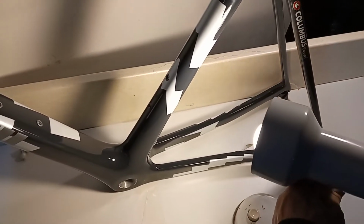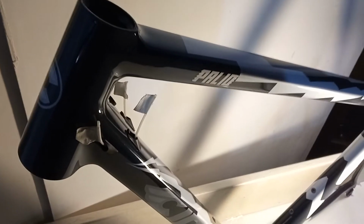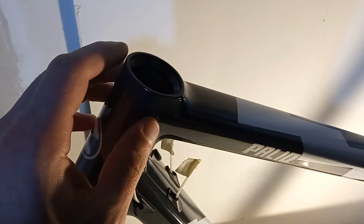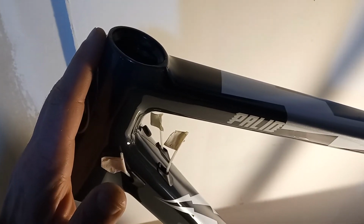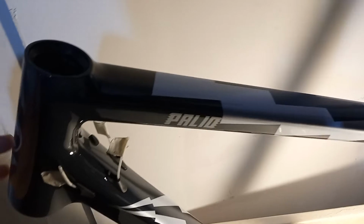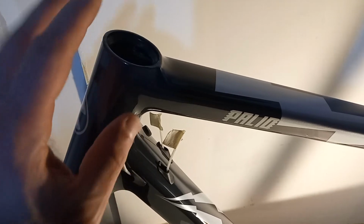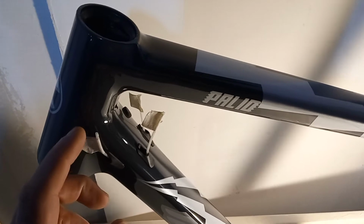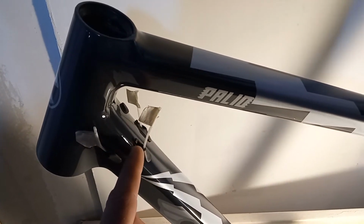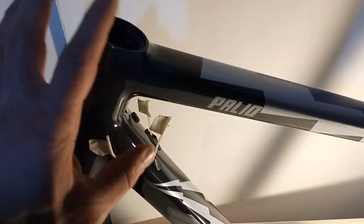So, I told you before I wanted this frame because it's not an integrated headset, so it's a standard conical, integrated bearings, but not integrated regarding the housings and the cables. Now, why did I want this setup? Because